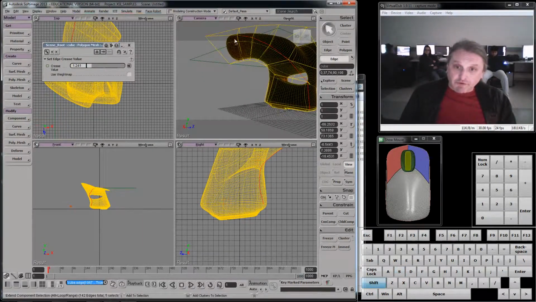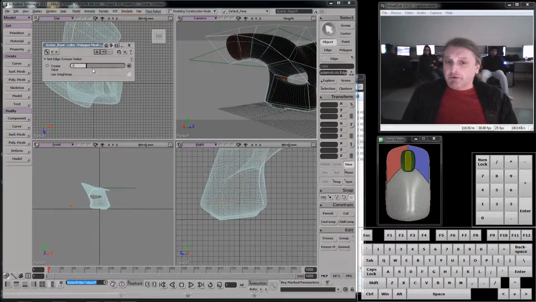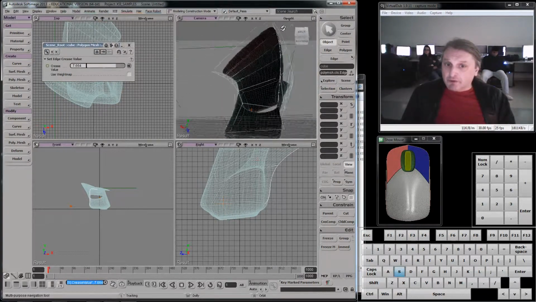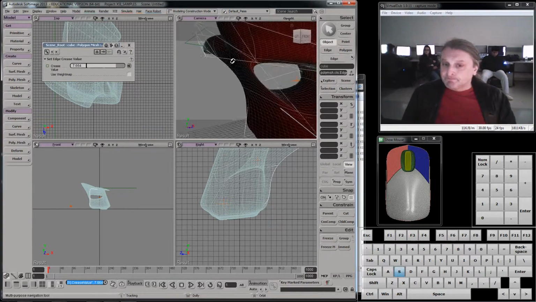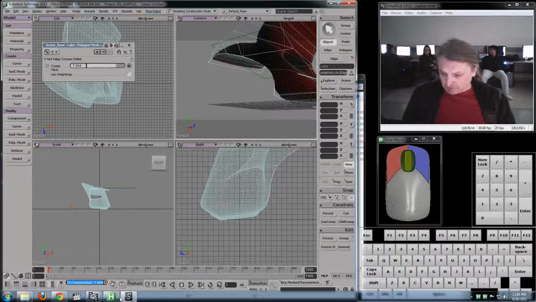And we'll select the last 2 here. I'm going to take this whole edge. I'm going to right mouse click near it. And I'm going to hit set edge vertex crease value. And we'll make that whole edge appear sharper. See that? And now, if we go back over here just to see it,